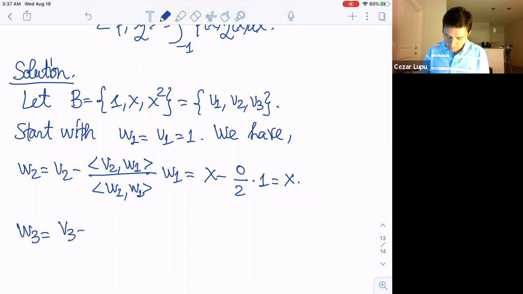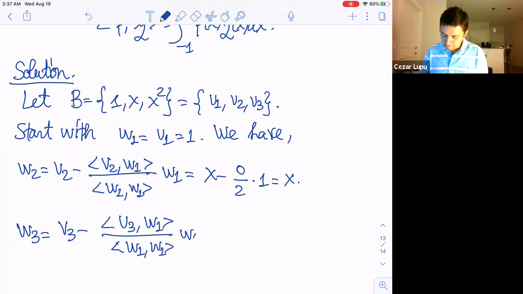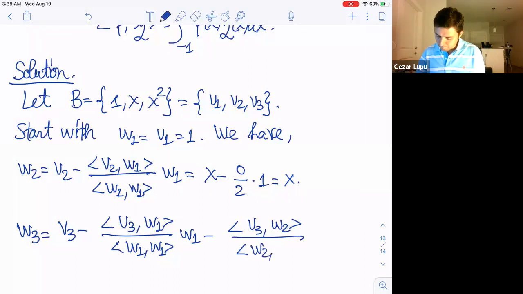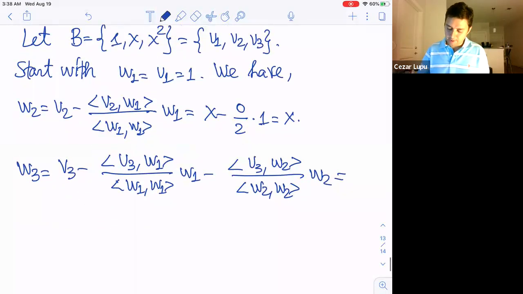This will be V3 minus the inner product of V3 with W1 over